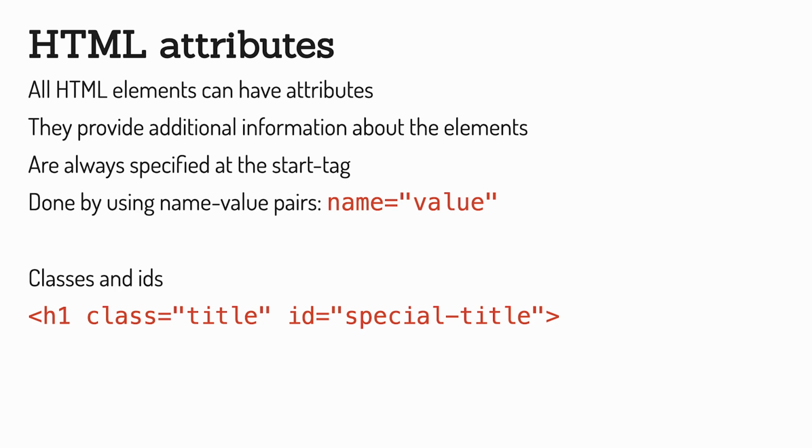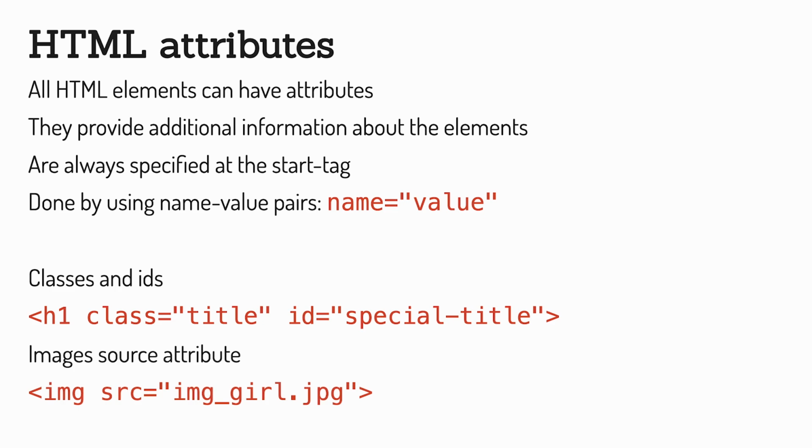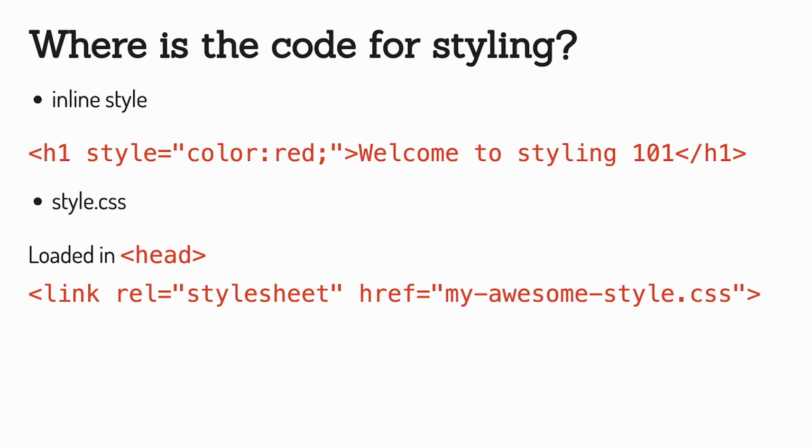So to be able to style and use a website programmatically with something like JavaScript, different elements on the page will have different classes and IDs to be able to mark them as special in different ways. Another type of attribute is the way images are being used. So we have the image tag, and it uses the source attribute to link to the file it needs to showcase.